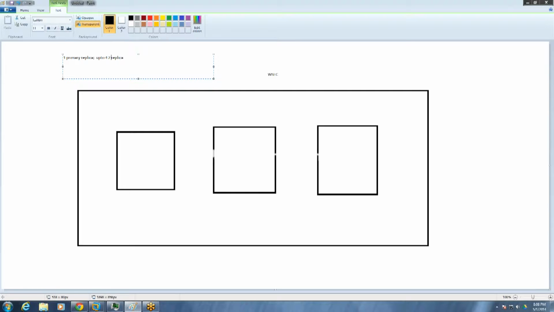That's the important point to keep in mind. We will be taking one primary and 2 secondaries as the setup when we discuss this.